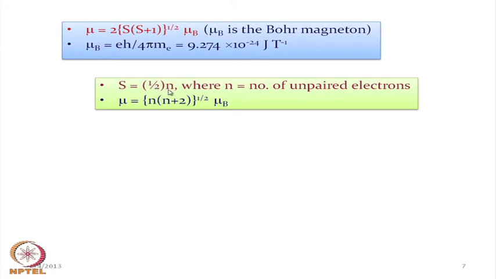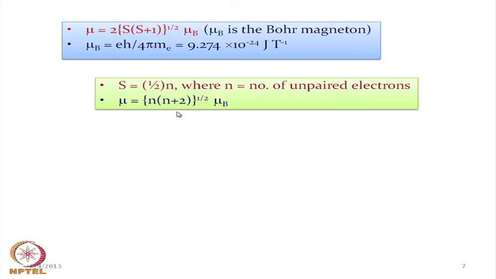So, half multiplied by n gives the total S value, and when we put this S value in this equation we get the corresponding mu value. In the same way, instead of putting the S values in the equation, if we directly put the n values, that means the number of unpaired electrons, which is very easy to find out if we know the